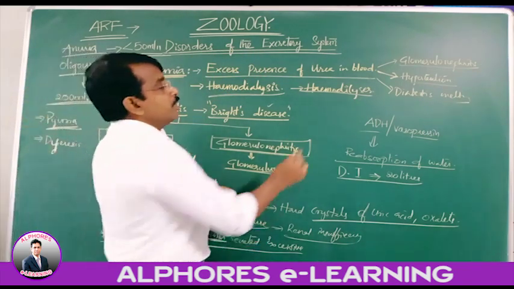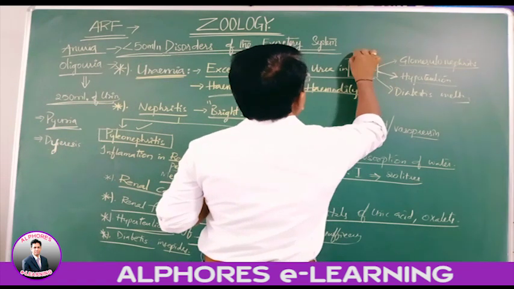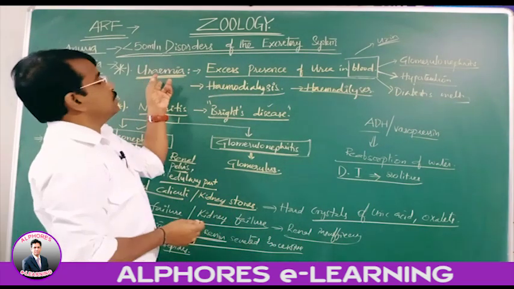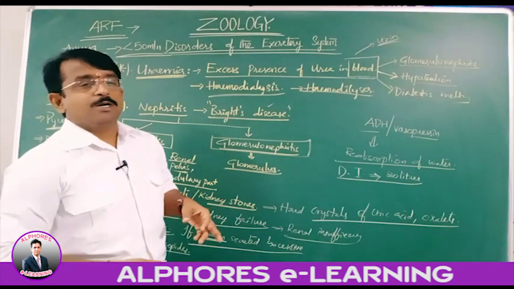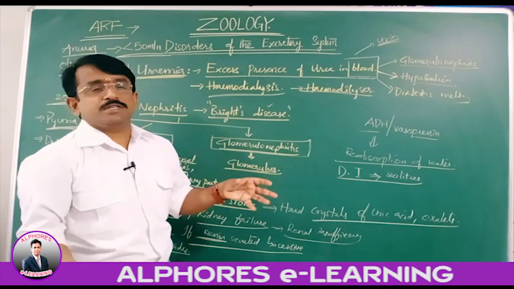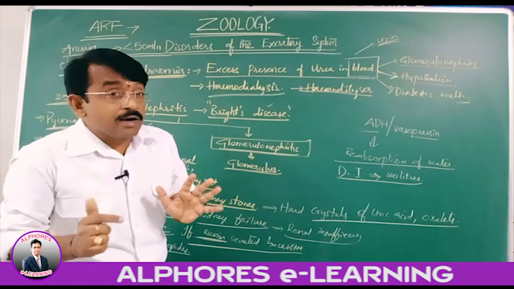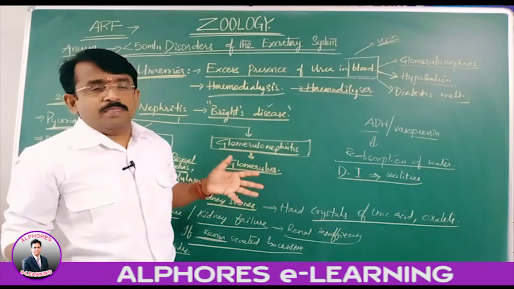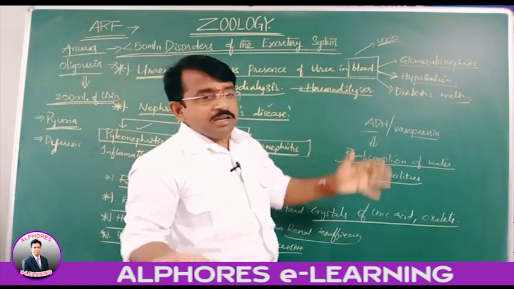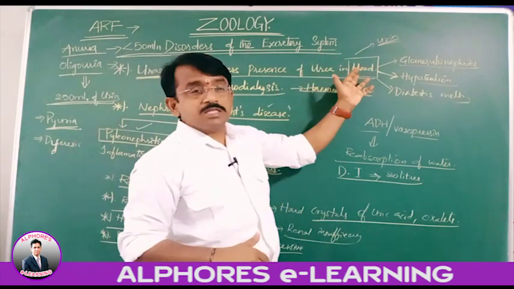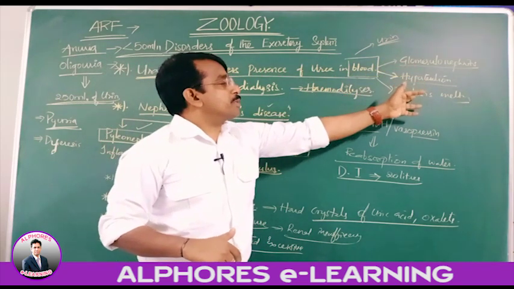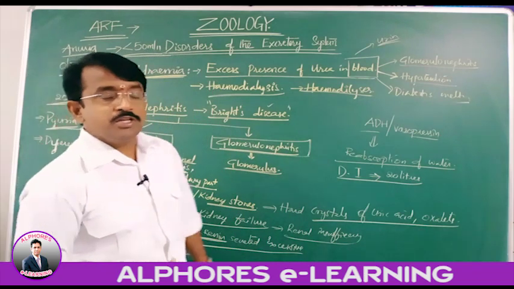Sometimes you may be misled, thinking that instead of blood it is given in the urine. So excessive urination cannot be uremia. We people don't concentrate on certain terminology. If urea is in the urine, that's okay. The urine is with urea only, but it cannot be the disorder. But blood is important. Excessive presence of urea in blood is due to glomerulonephritis, hypertension, and diabetes mellitus,